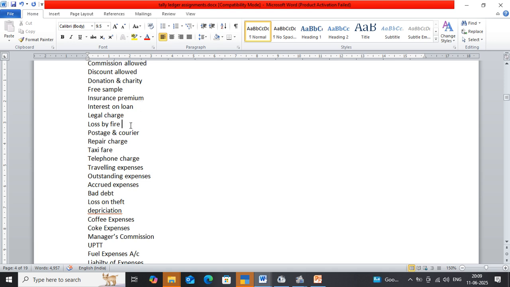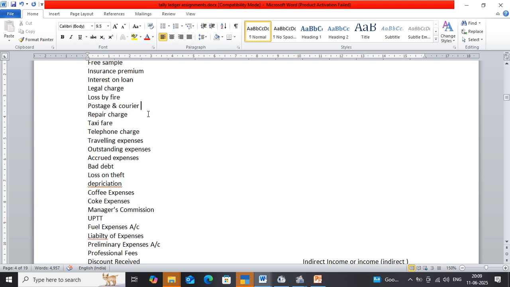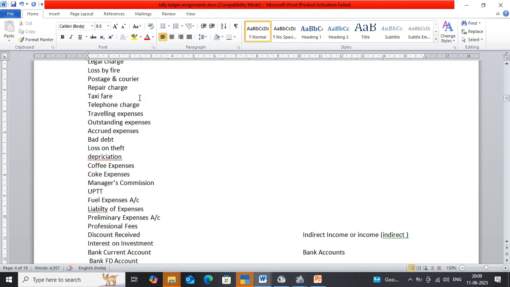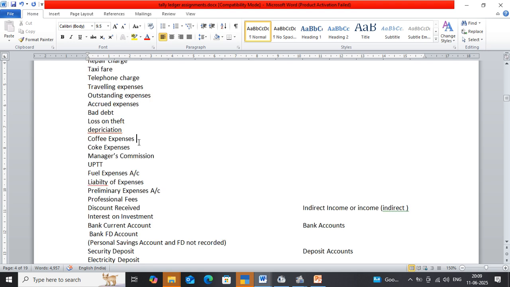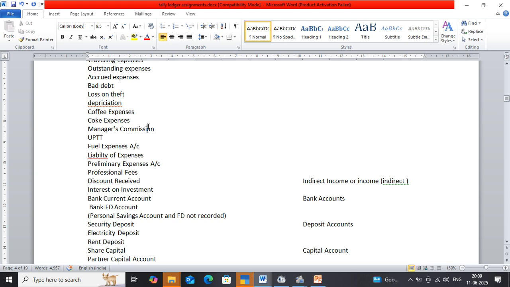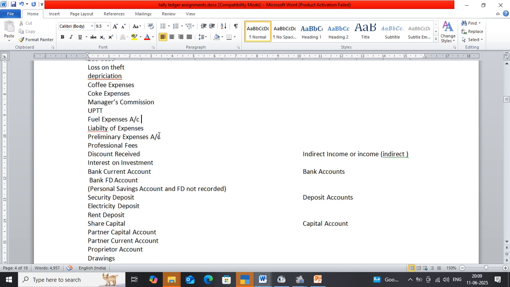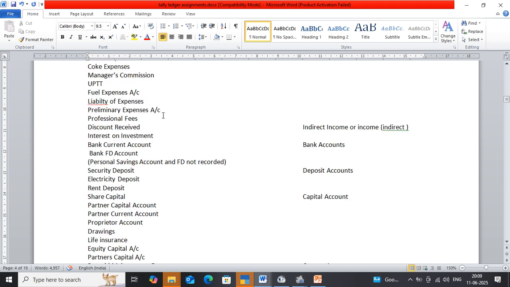and courier, repair charges, taxi fare, telephone charge, traveling expense, outstanding expense, accrued expense, bad debts, loss on theft, depreciation, coffee expenses, coke expenses, manager commission, UPTT, fuel expenses, liability expenses, preliminary expenses, professional expenses. These also come under the indirect expenses. Next comes